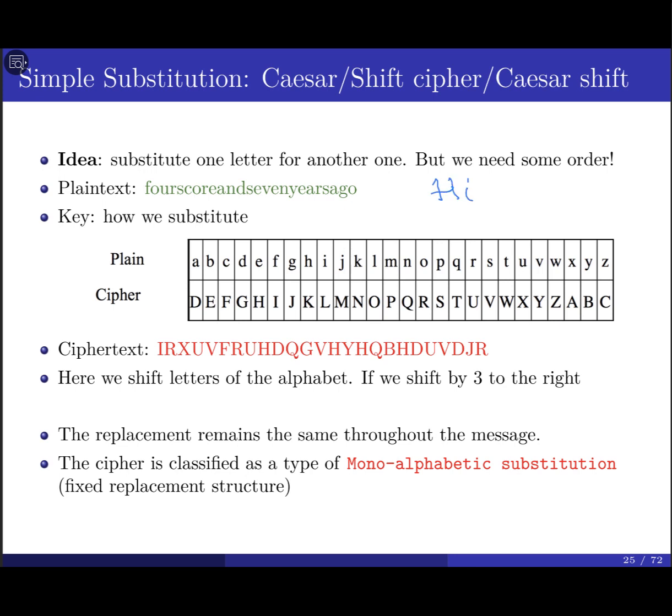For every single character or letter of the plaintext, it's going to be replaced with another letter. So if you found H, replace this one with X. If you found I, replace with Z, and continue for every single letter. By the way, for simplicity, we assume that we only work with the English language, so we have 26